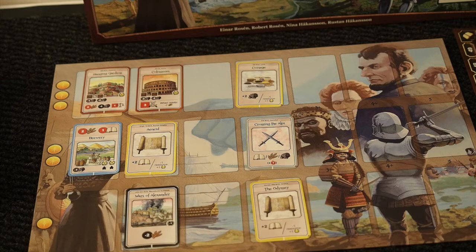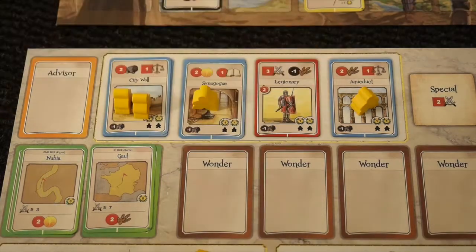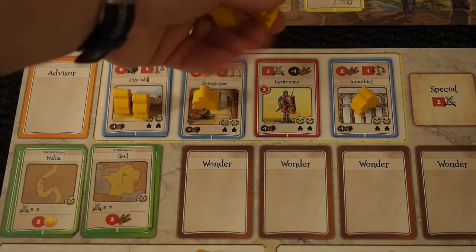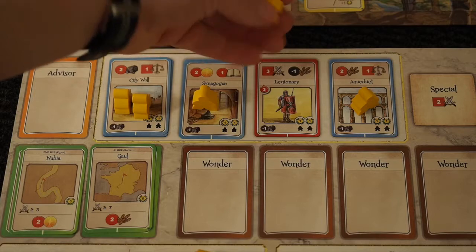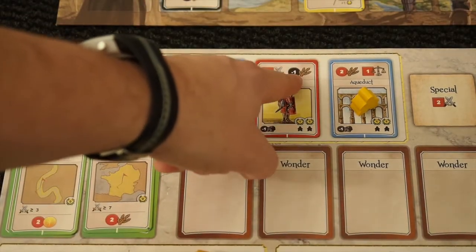Let's see, should I do anything else? I don't know. What can I do? Well, all my workers are placed from the previous round, and I think they are in a good spot. I could actually fire my guys. I could just take them out there and say that you guys are no longer needed as legionaries, so they go into the pool. It will bring me down, of course, in military might, but I would not have to